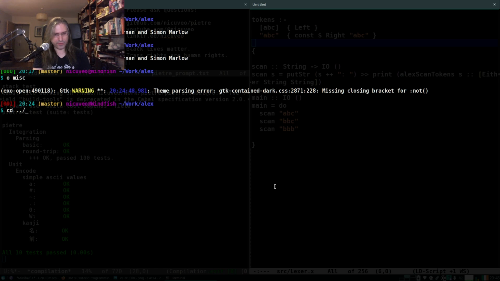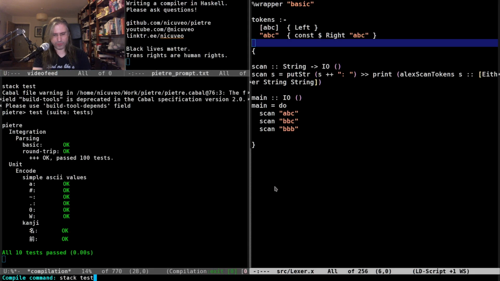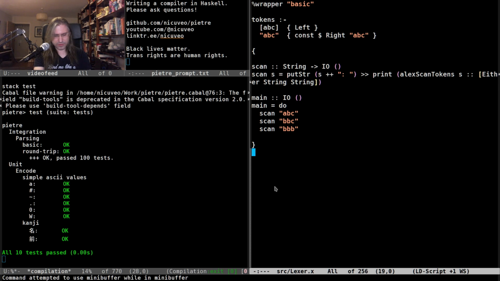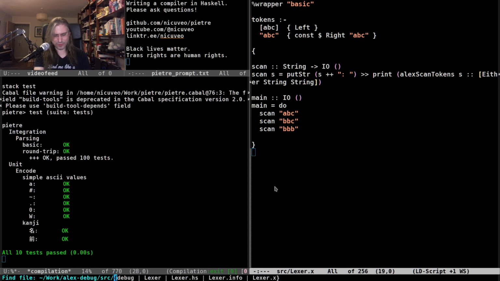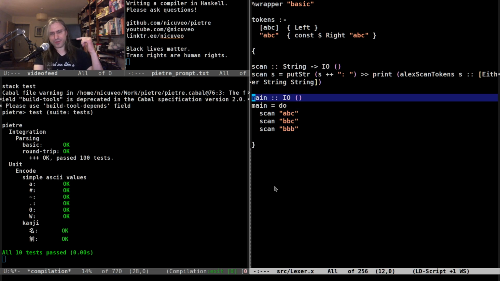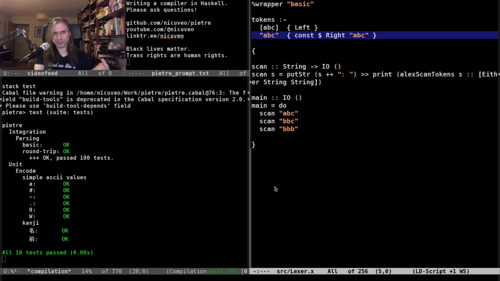Yeah, I've installed a fixed version of Alex. So if I run, oh wait, the info file might still be from earlier. Yes, okay, so I can show you this. Here's a set of two rules.